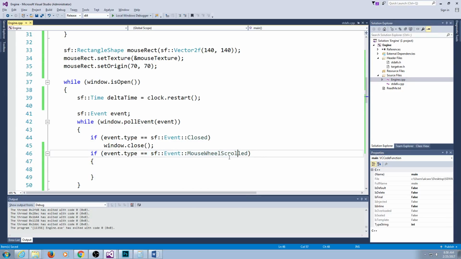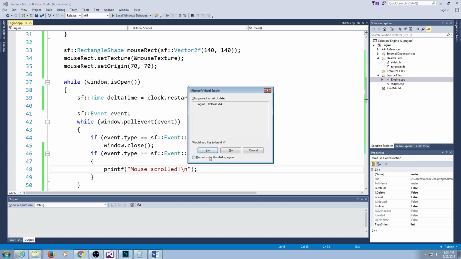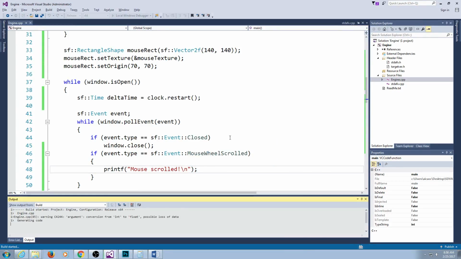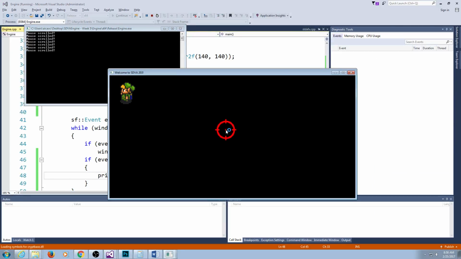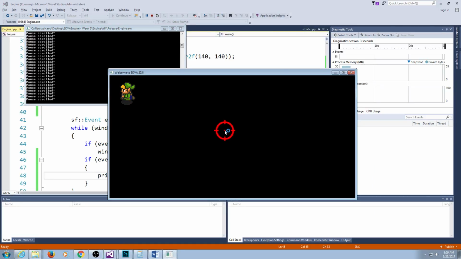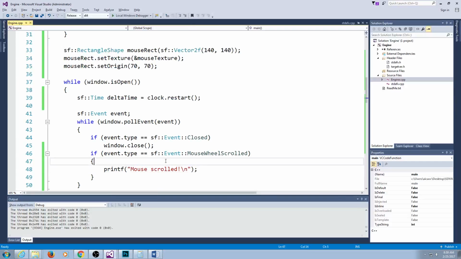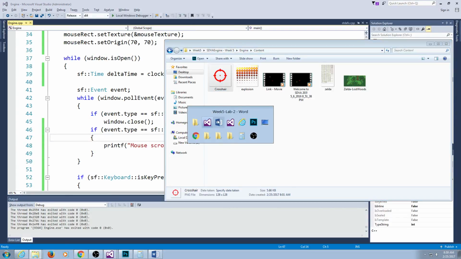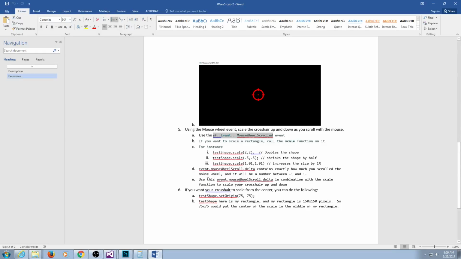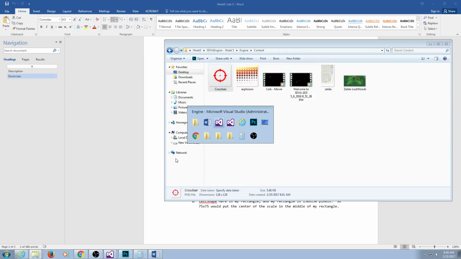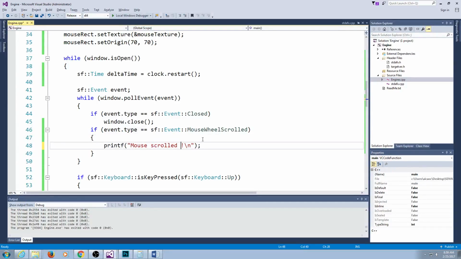So now I'll only care about events in this if statement for things that are considered mouse wheel scrolls. And I can print this out to the screen just to prove on the console that I'm getting these events when I scroll my mouse up or down. You guys can see in the top left there, scrolling. Whenever you get this, you can also inspect the event to identify how much you moved it. This event, mouse wheel scroll delta, contains how much you scrolled the mouse wheel. So if we print that out as well,